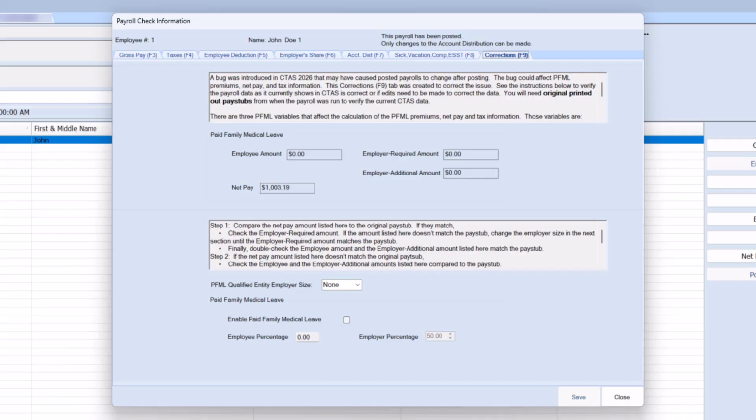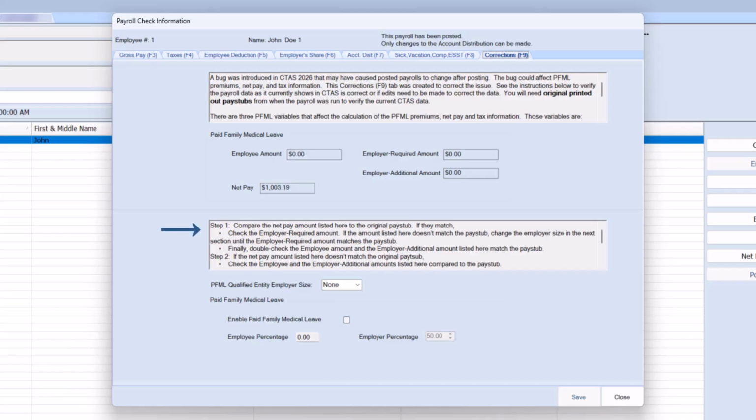The goal of this tab is to change the variables on the bottom of the tab back to the original values at the time the payroll was posted, if they have changed since then. This data will then be permanently saved to the database, correcting the bug for past payrolls. To aid in this process, we have attempted to pre-fill the Correction tab the best we could with what data may have been when the payroll was run. The pre-filled data should be correct in most situations, but there are some situations that we were unable to account for. I will read through the instructions and then we'll look at a couple examples of how to make an edit.